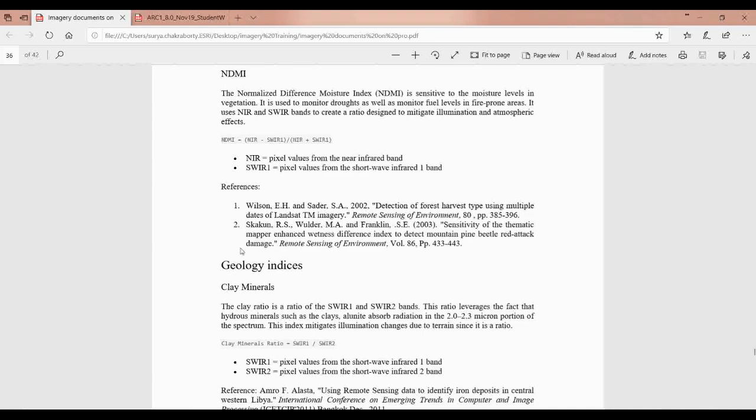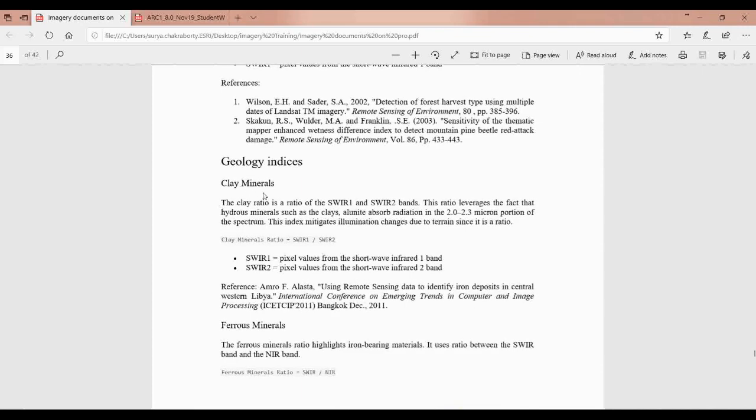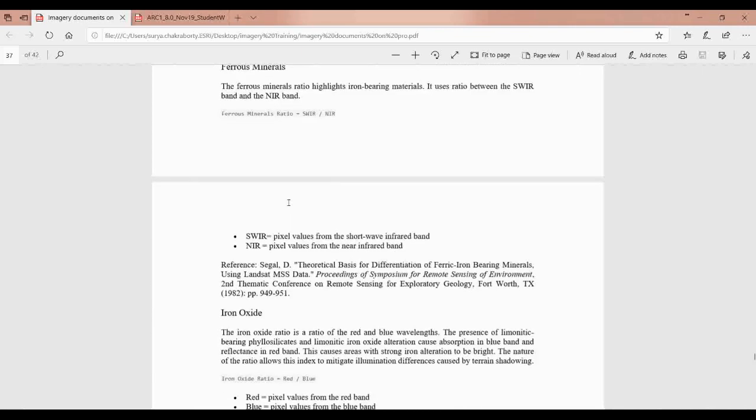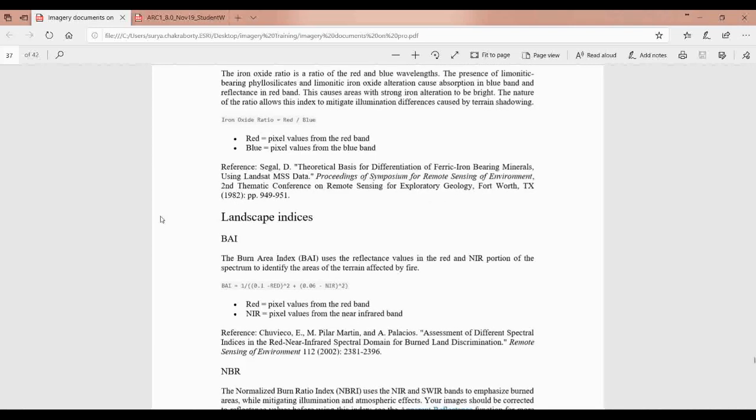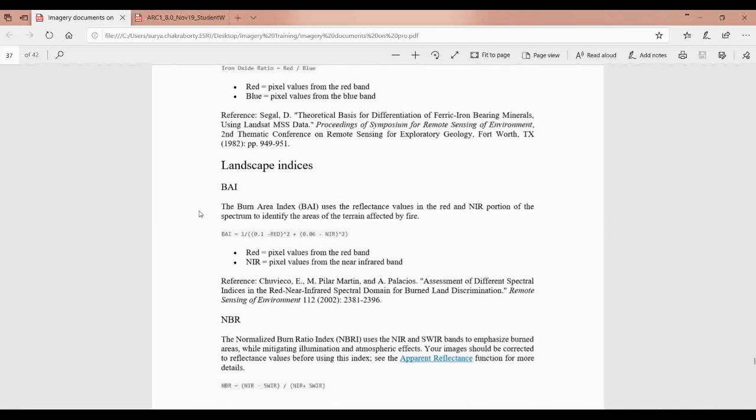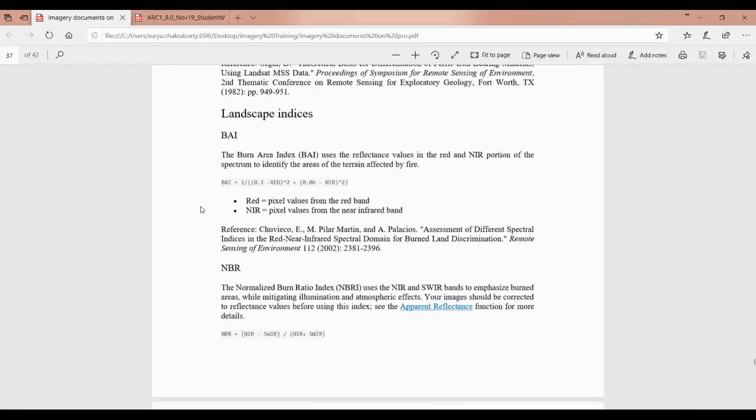If you go over to geology, people who are experienced in geology can understand more on that. For example, if you want to extract information on clay minerals, ferrous minerals, and iron oxide, that you can do. And over the landscape, this I also did, and I got very good results from here. One is the normalized burn ratio index that you can do, and BAI, the burned area index, that also you can do.